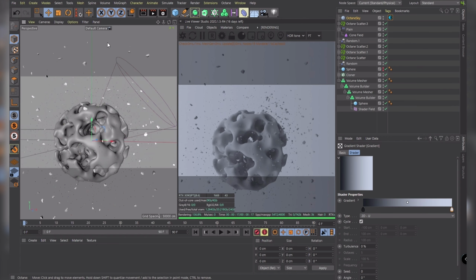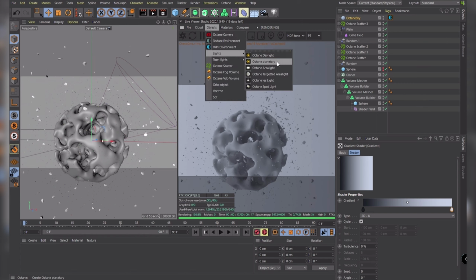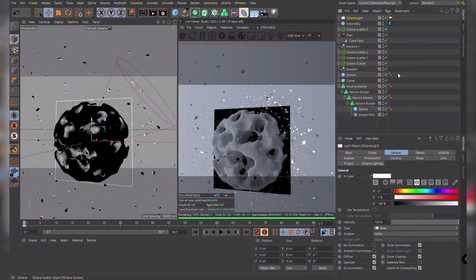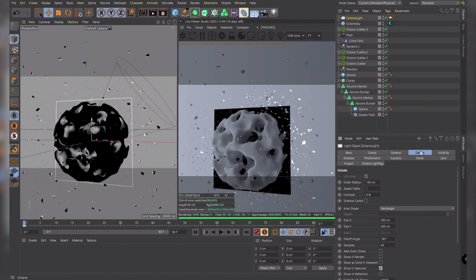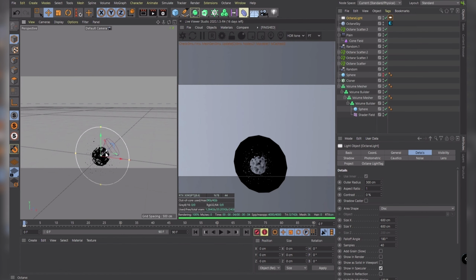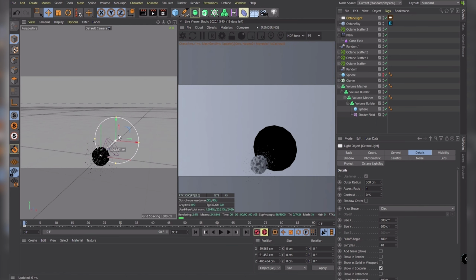Okay, the first and most important light I'm going to add is the backlight, so that's behind the sphere. So that will be an Octane area light. Right now you can notice this is a rectangle, but for the best results we want this to be a disk. So click on the Octane light itself, not on the tag. And let's go to the details tab, and in here we can set it to disk. We're also going to make this one larger, something like 600 by 600. And of course we need to adjust the position.